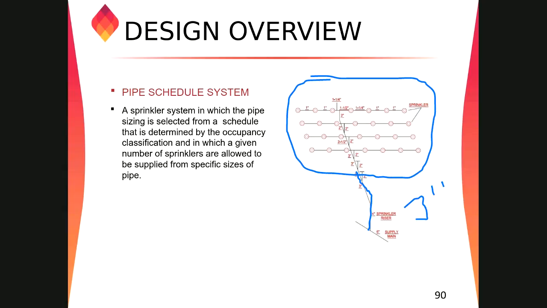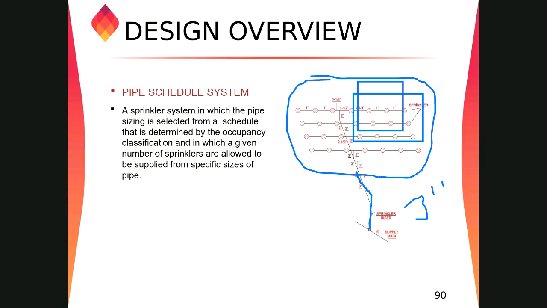And of course, when there is a fire, all the sprinklers are not going to activate, right? Only the sprinklers in the design area are going to activate. Maybe 9 sprinklers, or maybe 4 sprinklers will activate. This is the idea behind that. You got it, Ahmad? Yes, I got it.